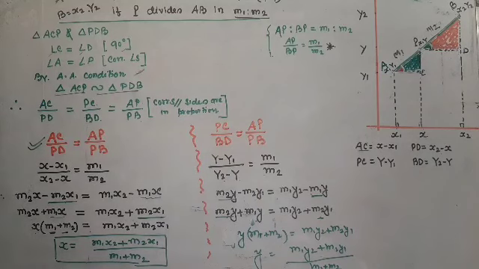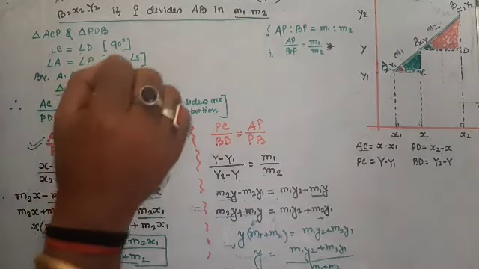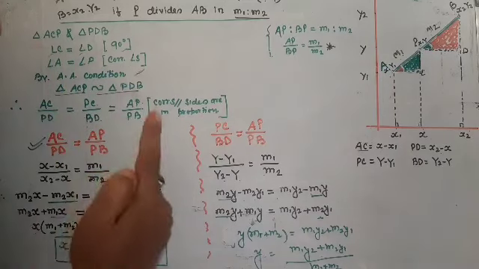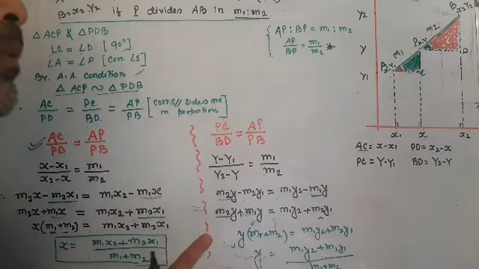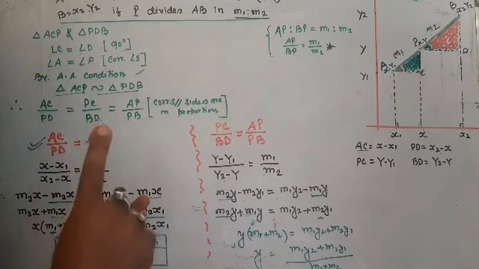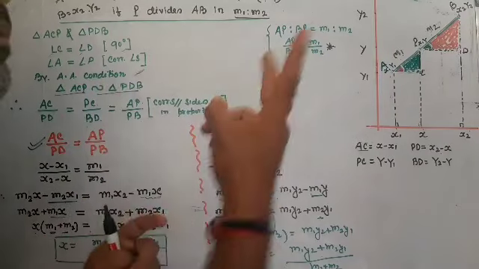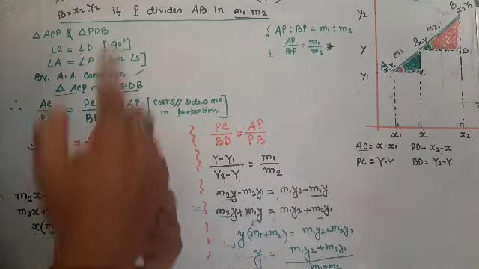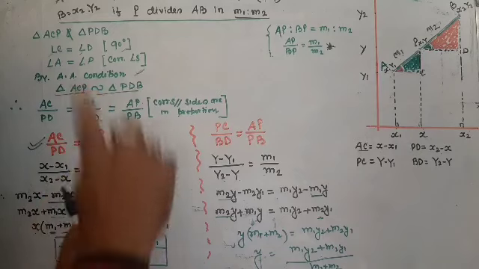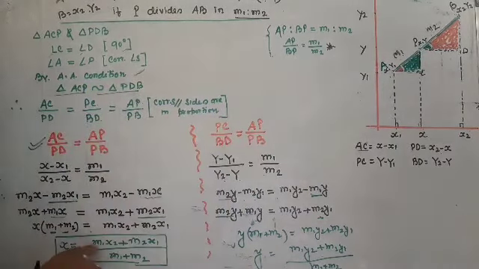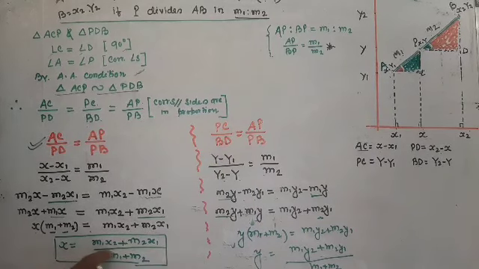How to remember this formula? Just do like this, you have some rule. If you take M1, then you take x2. If you take M1, you don't take x1, you take x2. If M1, then x2. Again M2, then x1. If you take 1, then you take 2. Simple like this. So M1, so x2. Again M2, that's why x1. So M1x2 plus M2x1 by M1 plus M2.